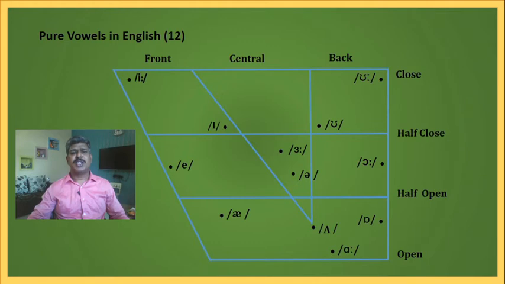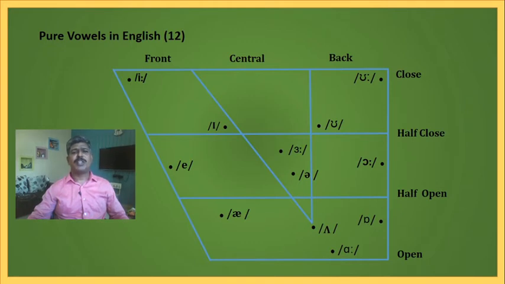Let us see the three-term label given to the front vowels. This is E. When we think about this sound, it is in the front part of the tongue, and when we think about its position, it is at the close level, and when we think about the position of the lips, they are unrounded. So this vowel will be termed as front close unrounded vowel.